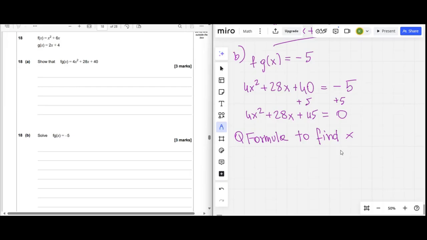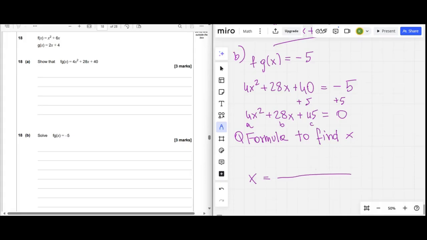Do you recall the quadratic formula? Yes, but I can't remember it very well. All right. So first we need to identify a, b, and c. And our x would be